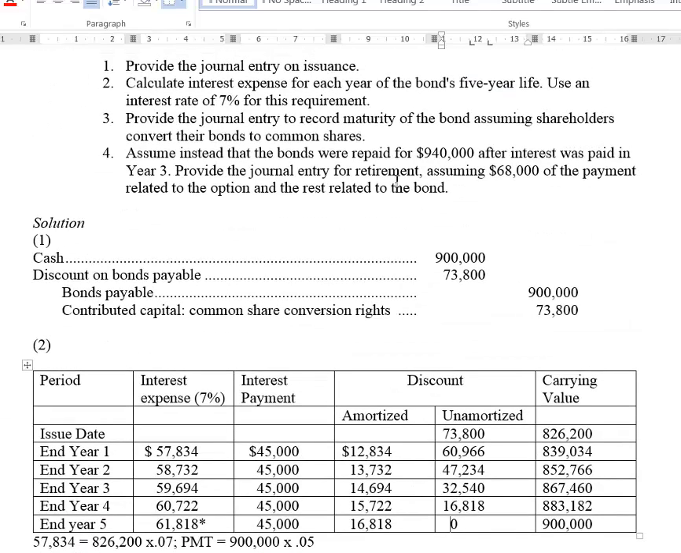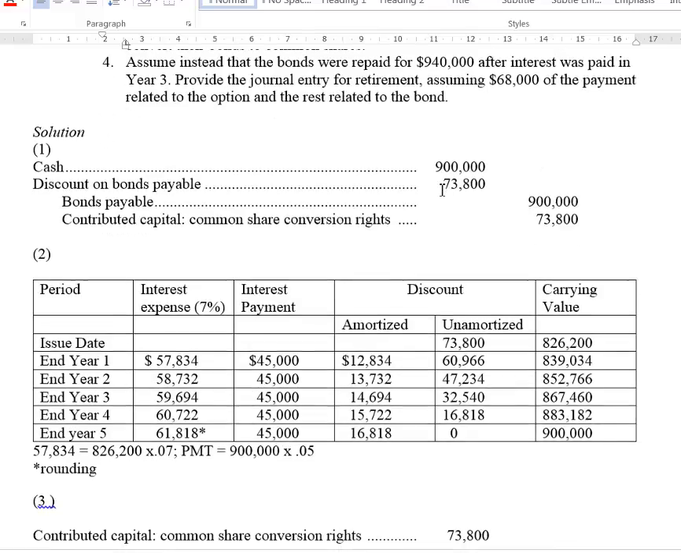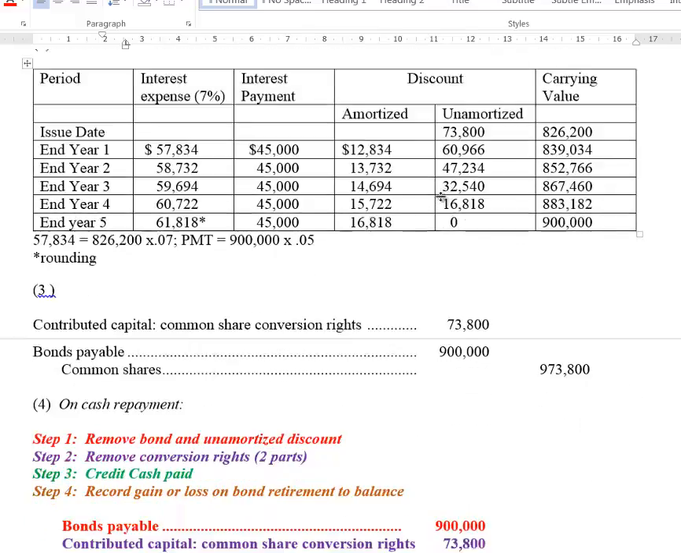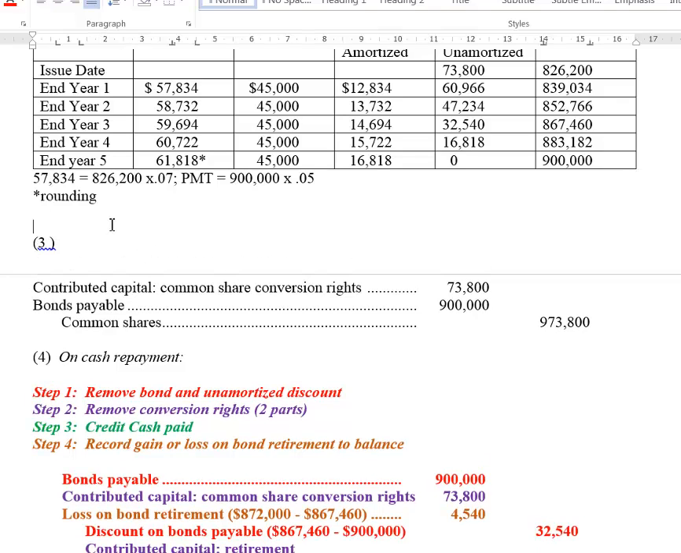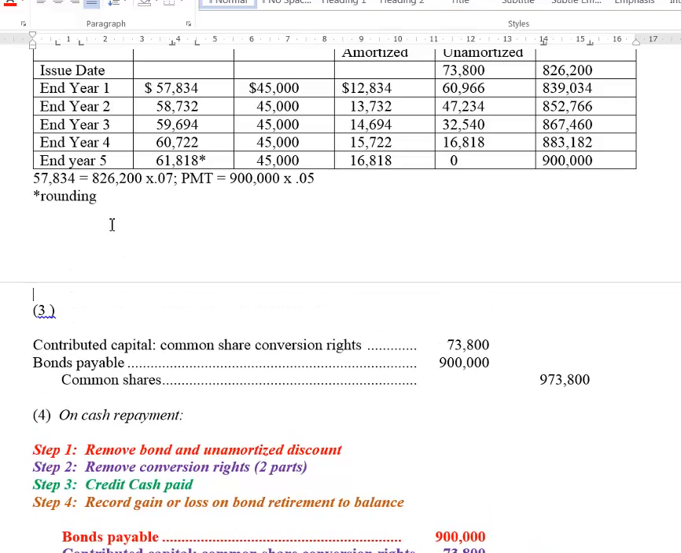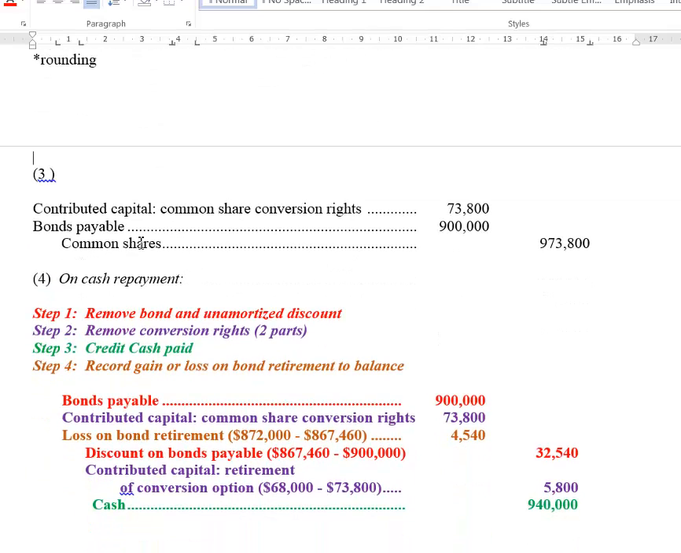Now, in the third requirement, they said to provide the journal entry at maturity, assuming that the bonds were converted. So if we converted the bonds, what do we need to do? Well, first thing we need to do is get rid of the bond by debiting it. We'd get rid of the contributed capital on the share rights because we're already converting. When we use up the rights, we have to get rid of them. So using the book value method, we'd credit common shares for